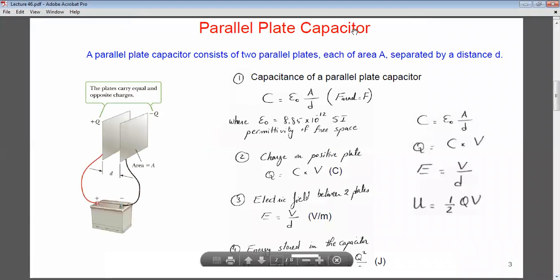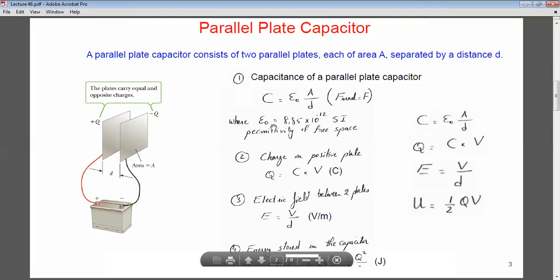A parallel plate capacitor is an electric device that has two plates parallel to each other. Each has an area A, and they're separated by a distance D. When they are connected to the battery, there will be charging of the capacitor, and the charging will stop when the charge on the positive plate is equal to plus Q, and the charge on the negative plate is minus Q. Okay. An important aspect of a capacitor is the capacitance, and it's equal to epsilon 0 A over D,